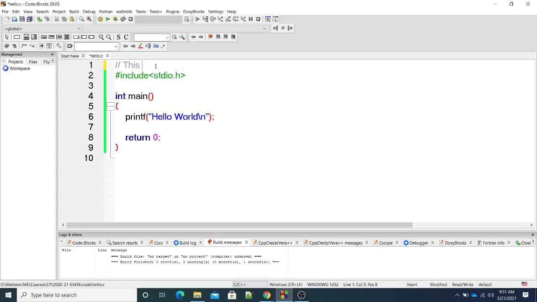If you put a double slash and write anything, the compiler will not consider that when compiling, because the valid statements in the program are what the compiler has to convert into binary code. Finally, this program will be converted into executable code which is in binary language, but at that time the compiler will ignore such statements.